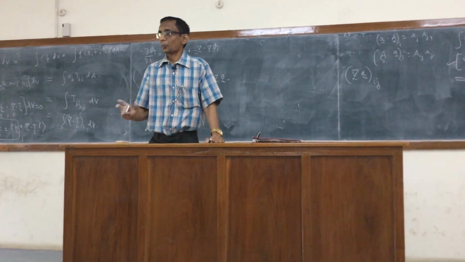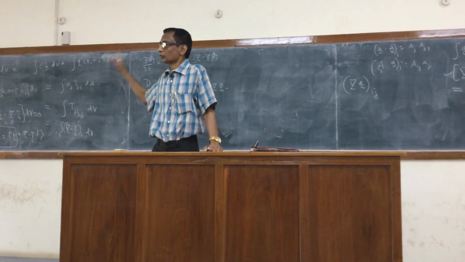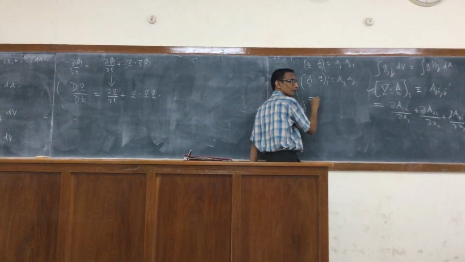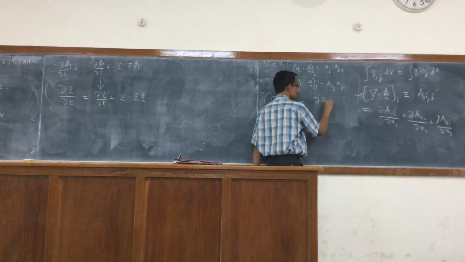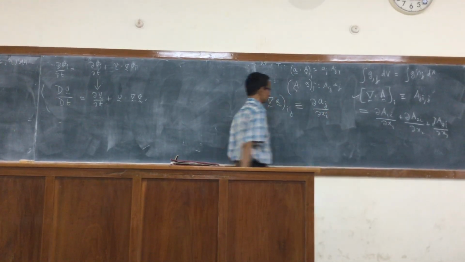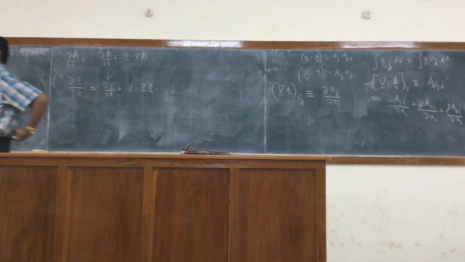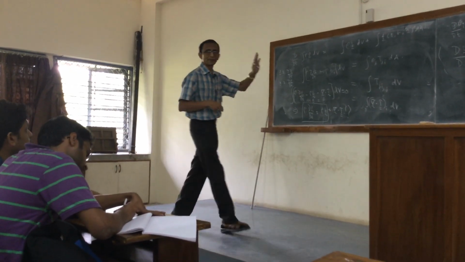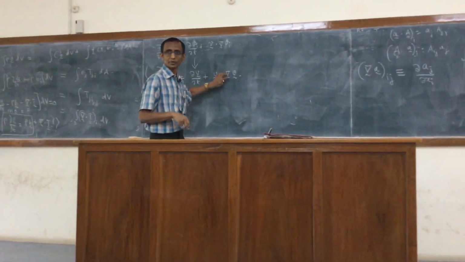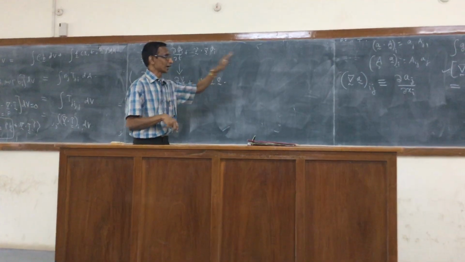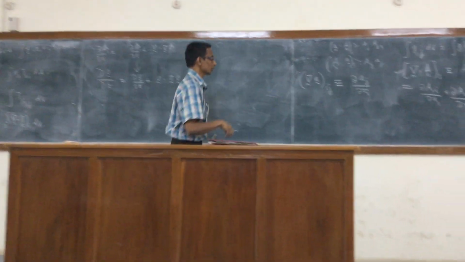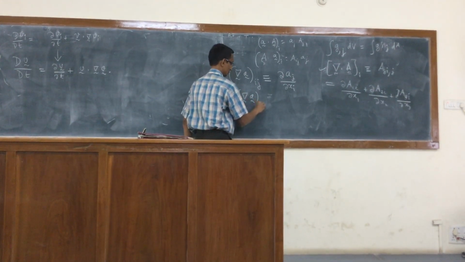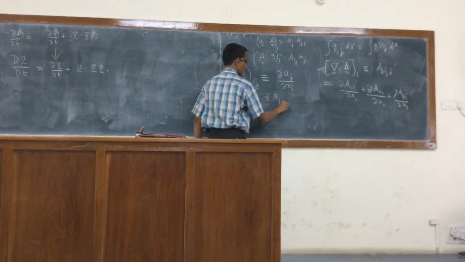So I need the i-th component. I do only the i-th component rather than writing out the full tensor. It's just a comparison process. This we will now define: it's dAj by dxi. Of course, you can define it as dAi by dxj also. It's open to choice. But the way we have developed these equations, to be consistent with this formula, we have to define it that way. So I can write it in compact form as Aj comma i.